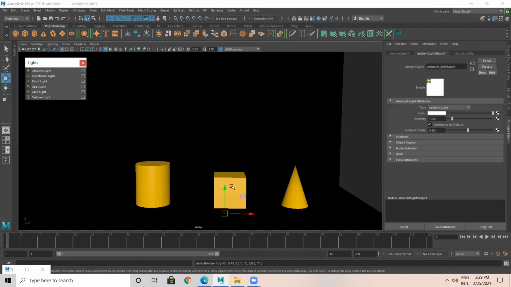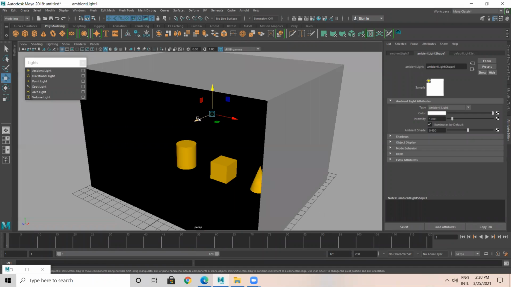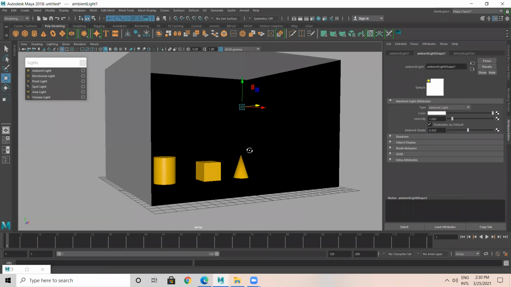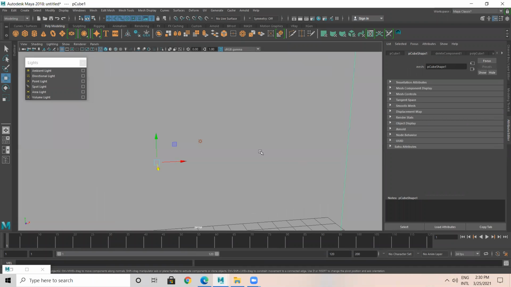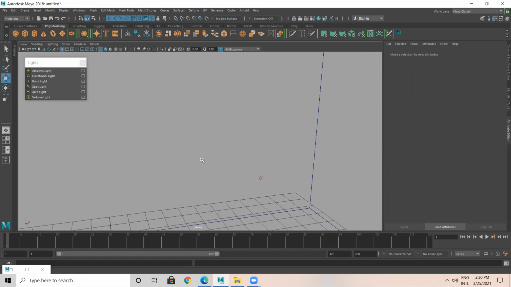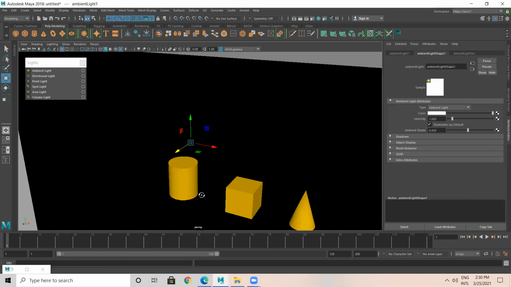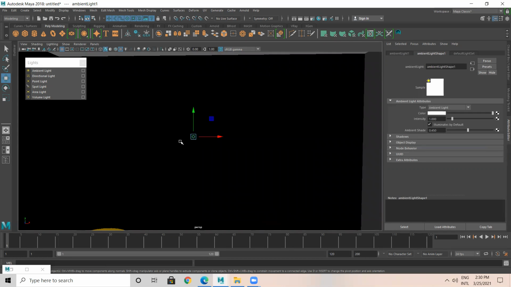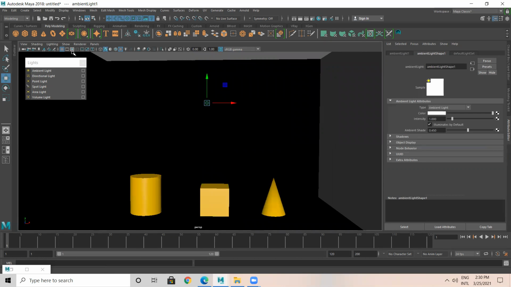So I'll take this ambient light and place it. This is how the ambient light looks. I'm going to pull this ambient light bit outside, so I'll zoom into this. See, the ambient light looks like this. There it is. Okay, like this. It emits light in 360 degrees. Ambient light emits light in 360 degrees.